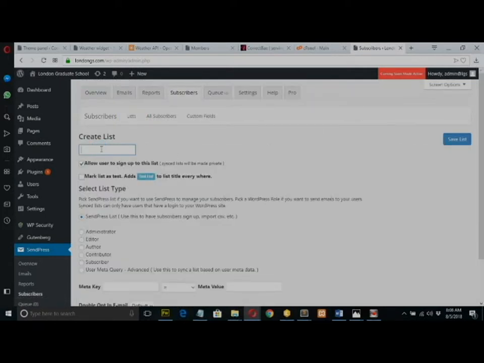And then you type in the name of the list you are creating. It is important you note that we have derived a naming convention that allows the system to effectively work, and it's important you adhere to it. It goes thus. Your first name, for instance, mine being John, last name Doe, the email I intend sending,